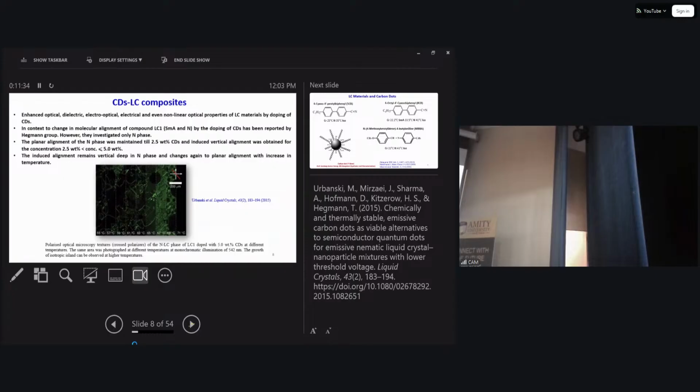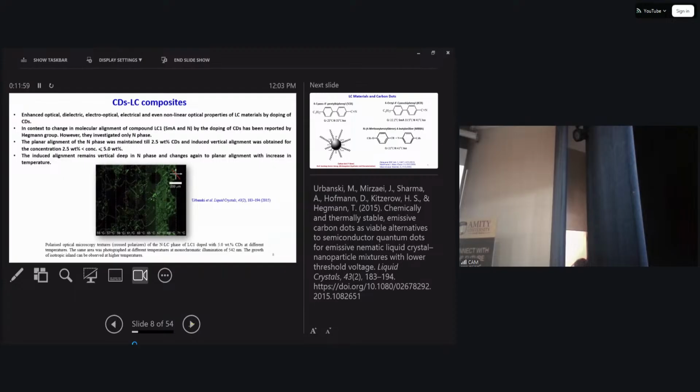I explained to you in the beginning what nematic and smectic A are. They doped these carbon dots at a very high concentration, like 2.5% to 5%. This is a very high concentration to dope in the LC matrix. Even though they had used a sample cell which has planar anchoring, meaning the molecules have to be aligned in the plane of the substrate,